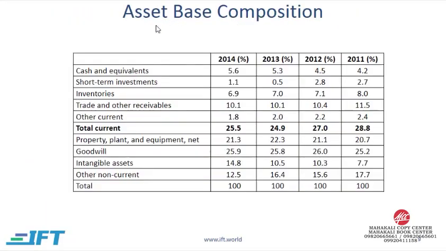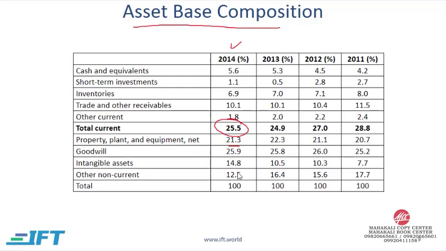The next action is to do an asset base decomposition. So what's going on here? Notice that what we have here is a common sized balance sheet, something that you studied at level 1. So in 2014, the analyst is looking at every asset as a percentage of total assets. So cash and equivalents are 5.6% of total assets. Then we have other short-term investments, inventories, trade and other receivables. So total current assets represent 25.5% of all assets. And then we have property, plant and equipment, 21%, goodwill 25%, intangible assets